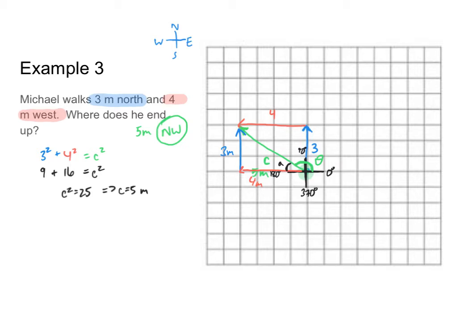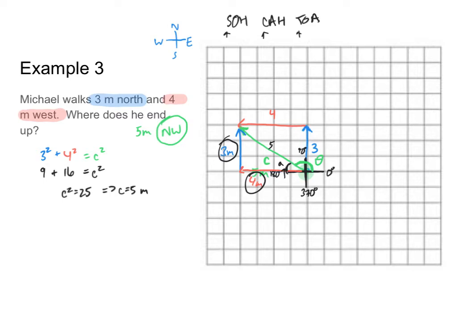And the way I can figure out A is by using my trigonometric identities. So remember, SOH CAH TOA: sine is equal to opposite over hypotenuse, cosine is equal to adjacent over hypotenuse, and tangent is equal to opposite over adjacent. And we have our hypotenuse side, right? We know that our hypotenuse is 5 meters, but the two things that we also know are our two sides. And you're usually going to want to use the two things you were given in the problem to figure out what